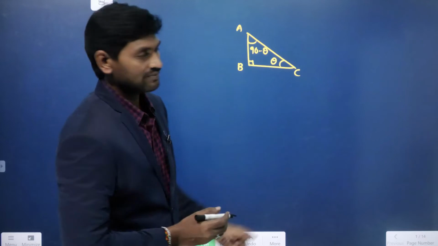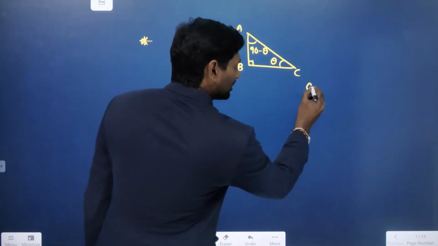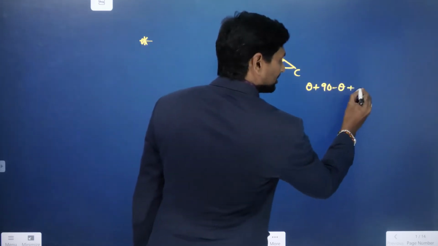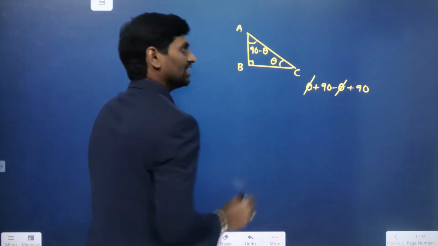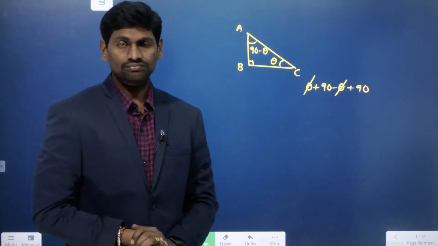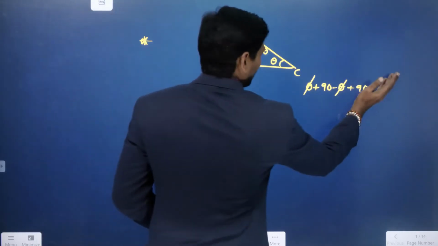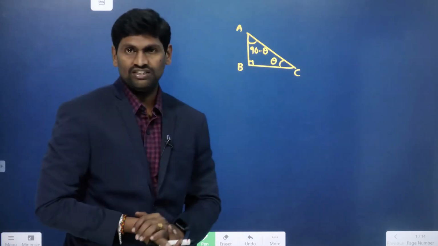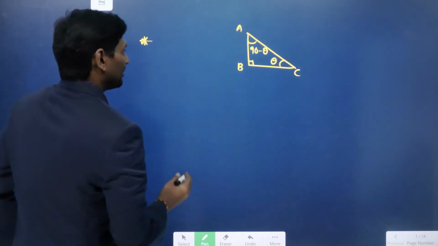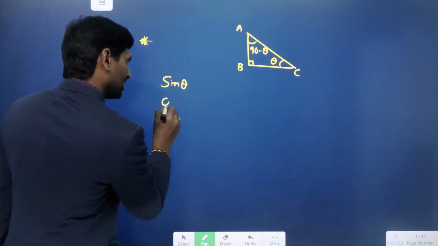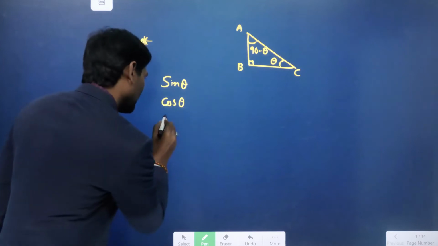According to the property of a triangle, the sum of three angles is 180 degrees. Theta plus 90 minus theta, and this is the right angle, 90 degrees. So plus theta minus theta cancel. 90 plus 90 is 180. So the sum of three angles of a triangle is 180 degrees. From this concept, if one of the angles in a right angle triangle is theta, we can say another angle is 90 minus theta. Now let us see all the six ratios: